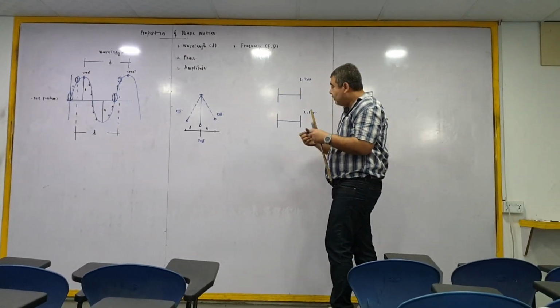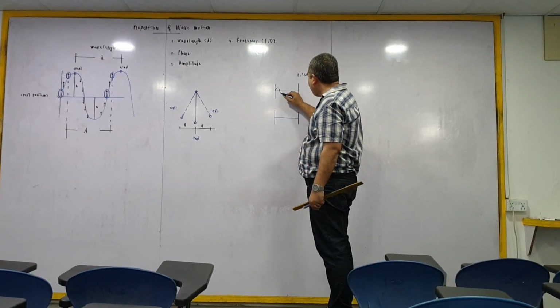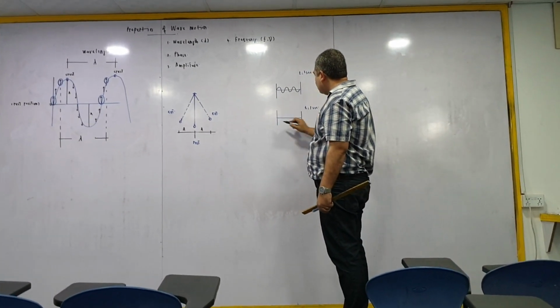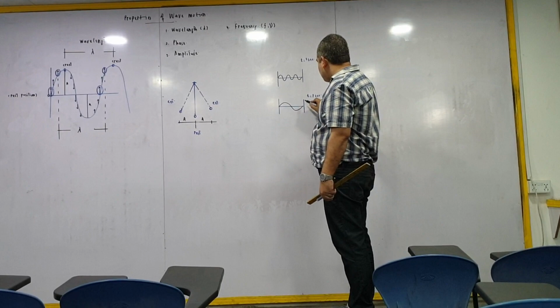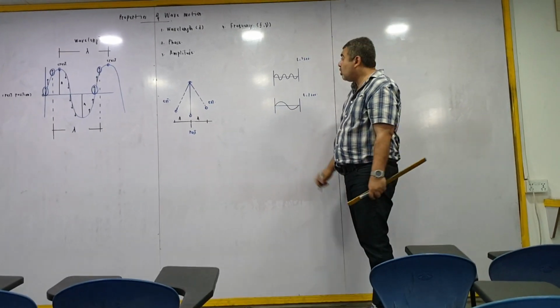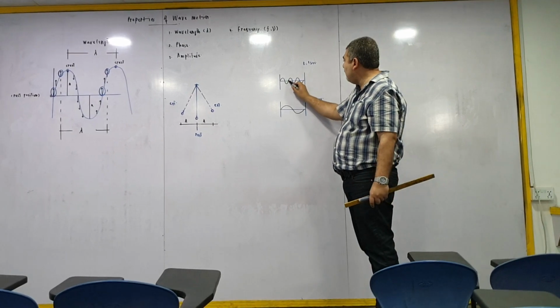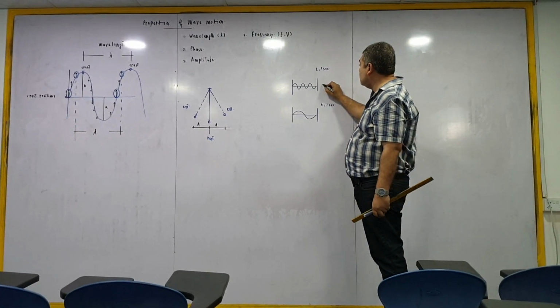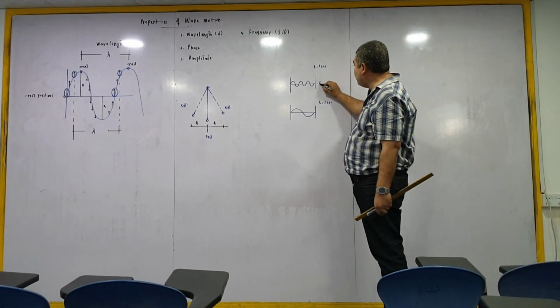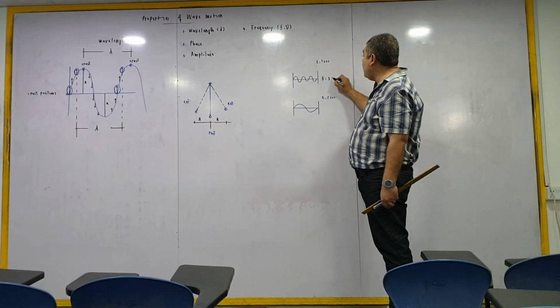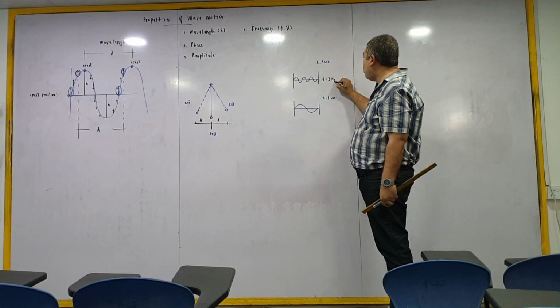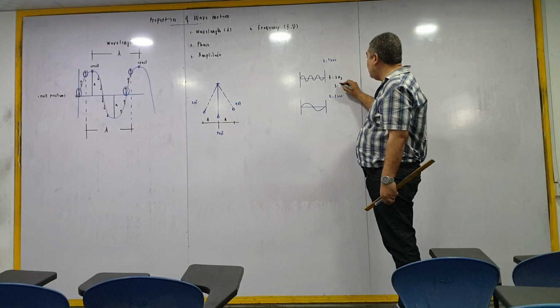Now what you will observe, यहां पे मैंने वेव बनाई like this, और यहां वेव बनाई like this. So how many number of waves you are getting produced in 1 second of time? 1, 2, and 3. So that means the frequency of the wave is 3 hertz or 3